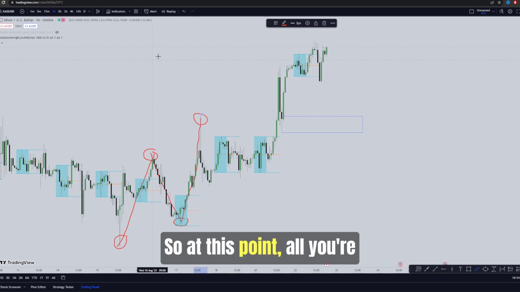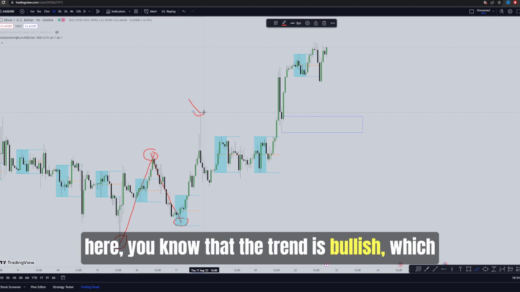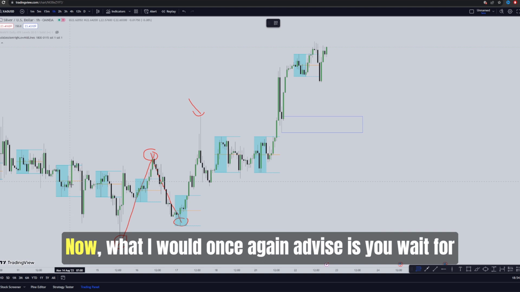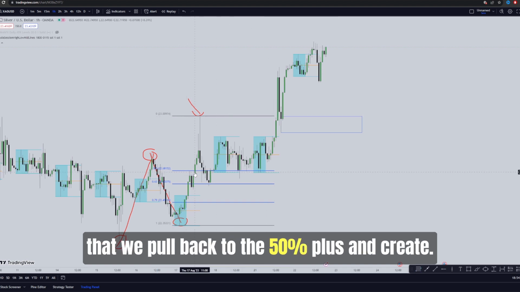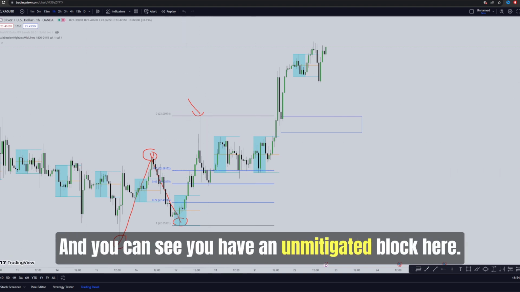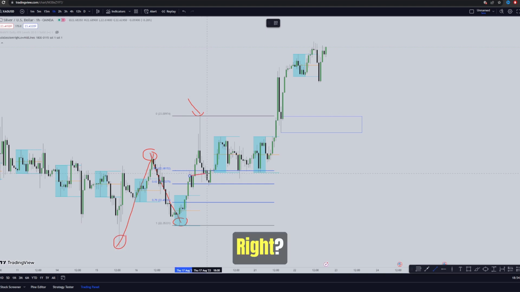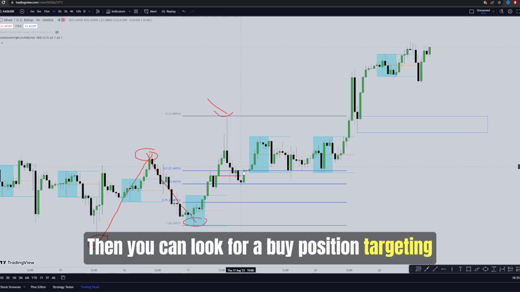So at this point, all you're doing is measuring pullbacks, right? So at the moment that you get this high here, you know that the trend is bullish, which doesn't necessarily mean that you need to buy now. What I would once again advise is you wait for the pullback into the 50% plus, and you can see here that we pull back to the 50% plus and create, and at that point, when we do that into a POI, and you can see you have an unmitigated block here. Let's zoom in right there. Then you can look for a buy